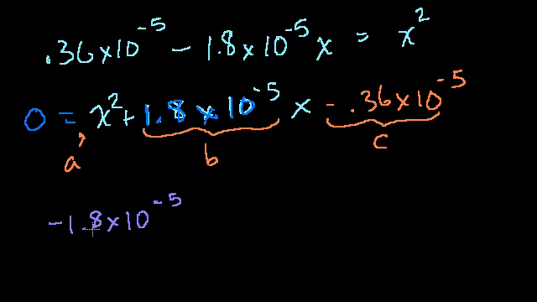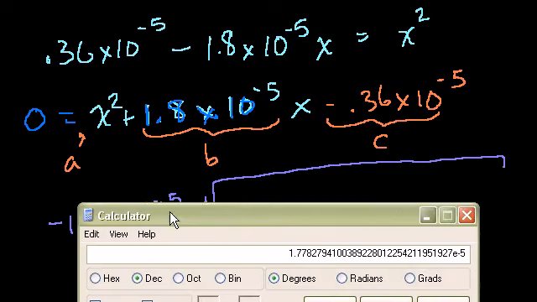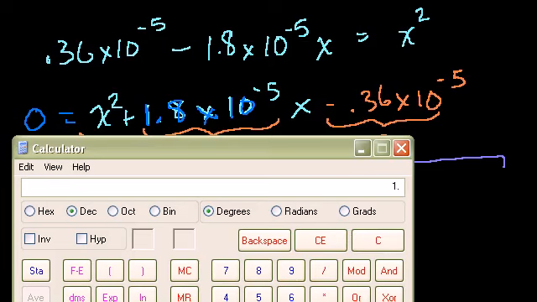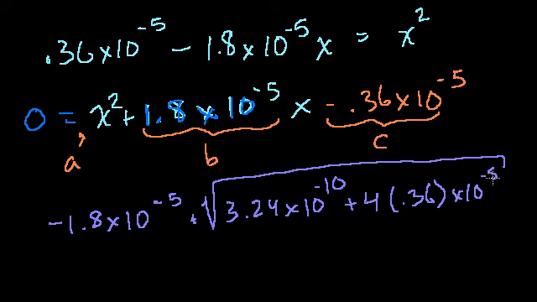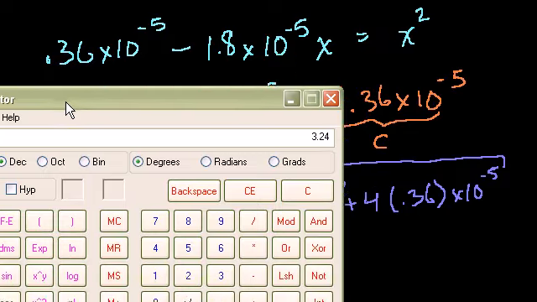We'll only have to do the plus, because if we do the minus, we'll end up with a negative concentration. So plus the square root, I have to do a lot of math here, of b squared. So it's 1.8 times 10 to the negative 5, so it's 1.8. If you square it, it's 3.24 times, if you square 10 to the minus 5, that's 10 to the minus 10, minus 4 times a, which is 1, times c, which is minus. So it's 4 times, the minuses cancel out, times 0.36 times 10 to the minus 5, which is, let's see,